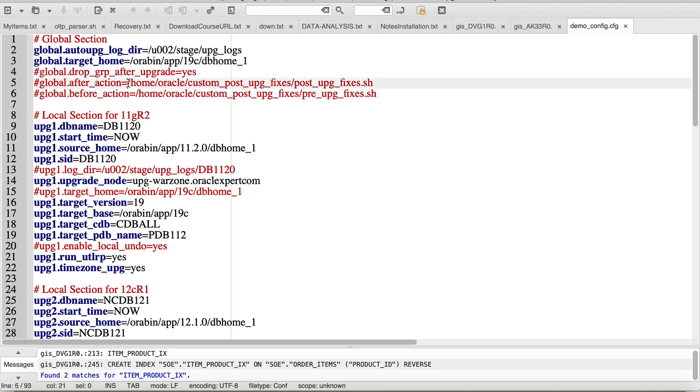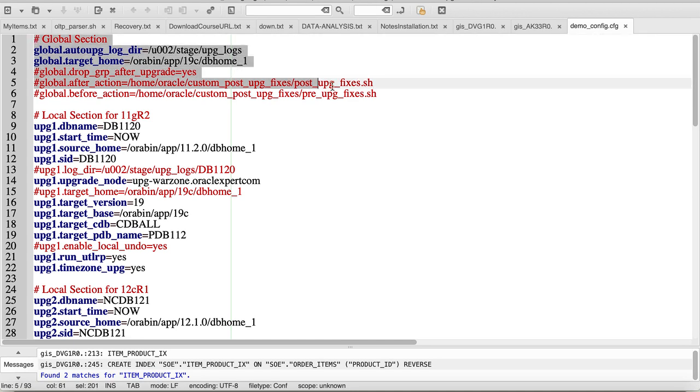And then after the upgrade, if there are any character set upgrades required, and that's because of PDB plugin violations, I will take care of those PDB plugin violations by writing a shell script. So I will do character set upgrades. I will make sure that I install Oracle Label Security and Oracle Data Vault if they are required. So manual fixes I will show you during my actual demo.